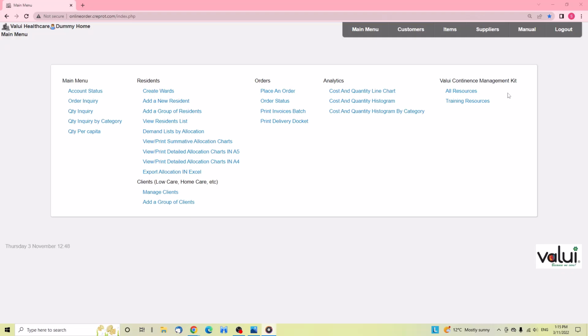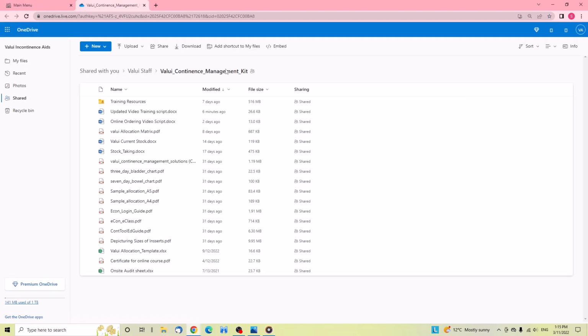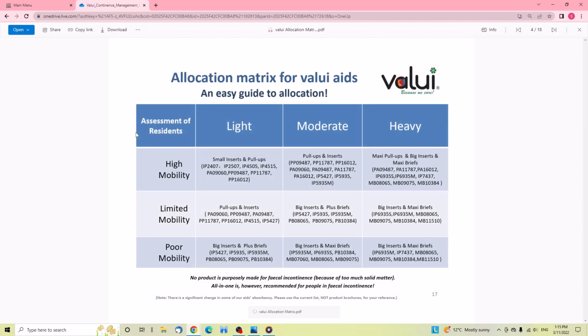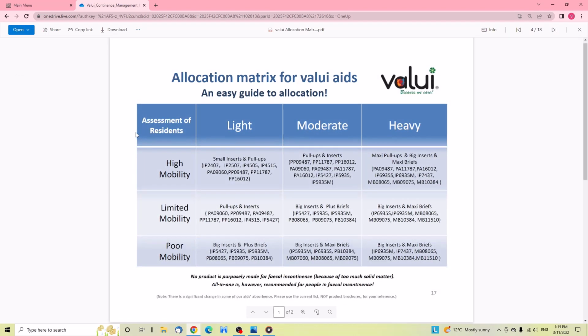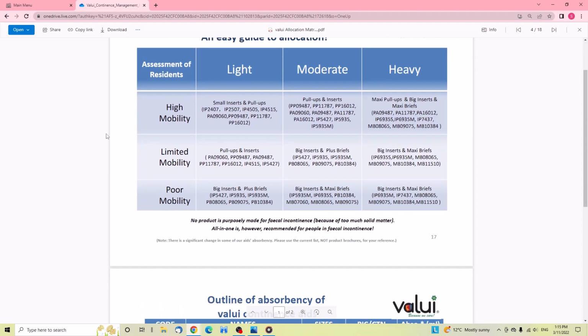The Valui Continence Management Kit section is a vital tool that allows you access to key Valui resources that will help with your continence management. In all resources, you will be able to see content relating to bladder and bowel control, guides which help with specific issues. There is access to resources like the Valui Allocation Matrix, which greatly helps you allocate our incontinence aids to residents,